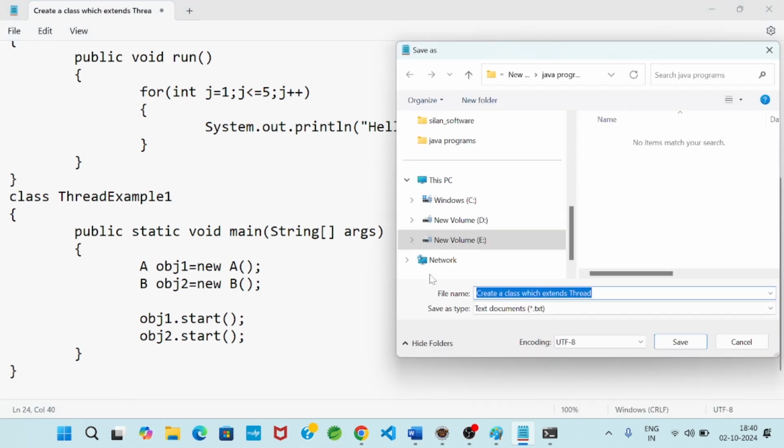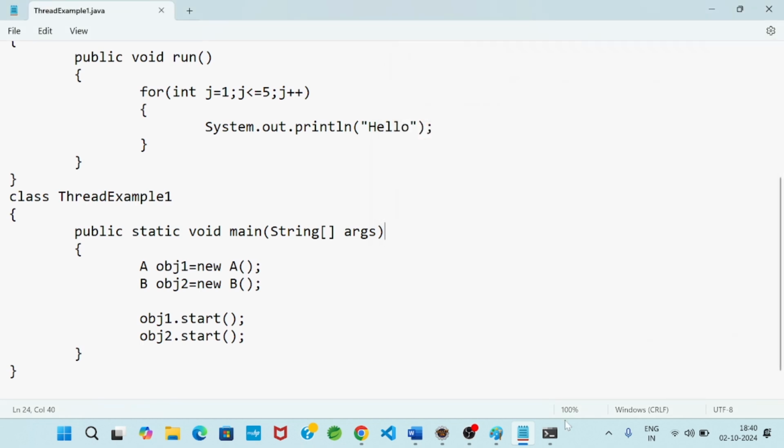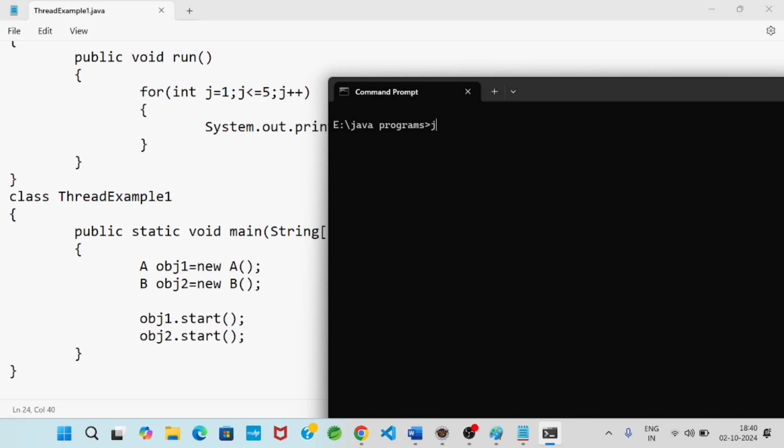So class name is thread example one dot java. I will save it, go to the command prompt, clear the screen, javac thread example one dot java, then java space class name, that is thread example one.